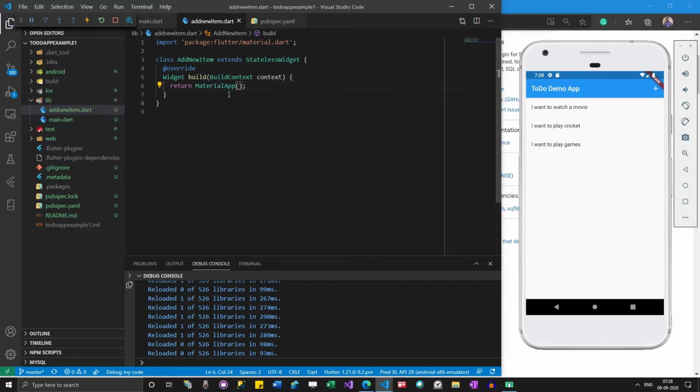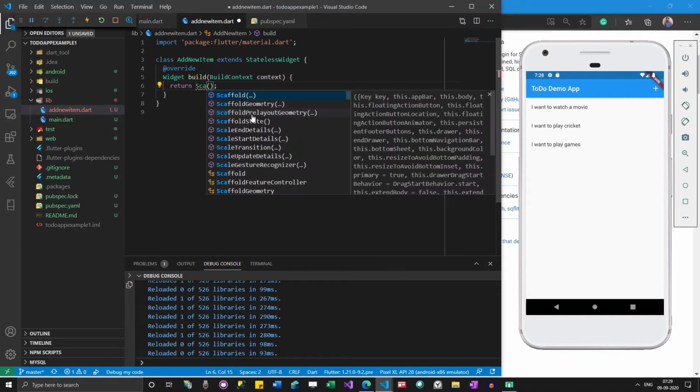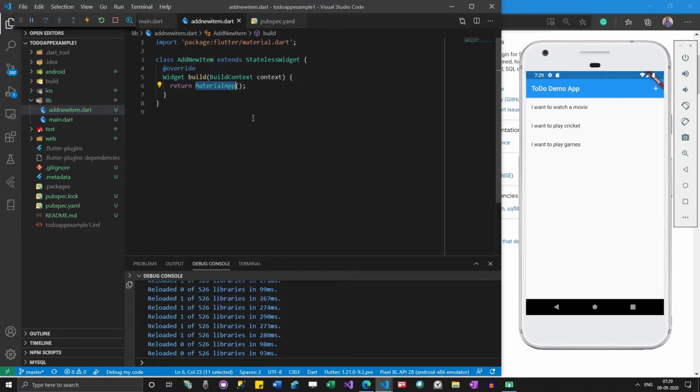Let me not use material app here. I will use scaffold. Let me show you what is the problem if you use material app here.